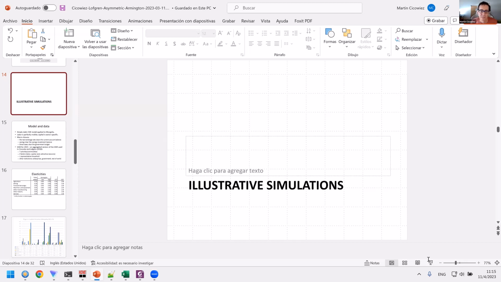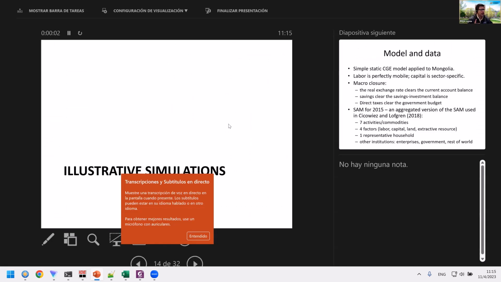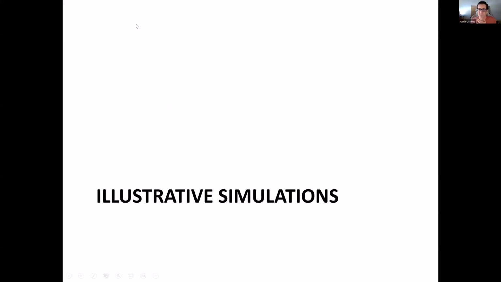Do you want to get the screen, or should I continue with mine? Yeah, thank you. It's better if I have the screen. Okay, very good. So then I will try to find stop share here. Okay. Thank you. ¿Le puedes poner en presentation mode? Maybe you can swap. Yeah, I did that. Perfect.